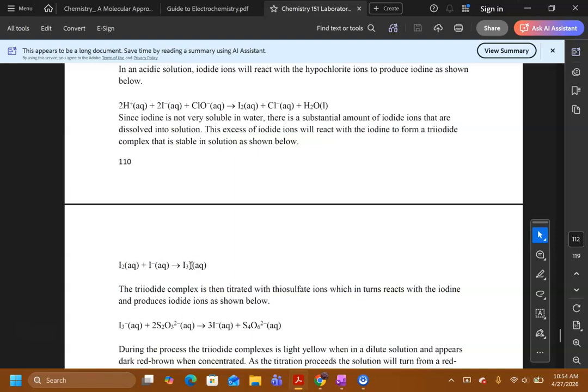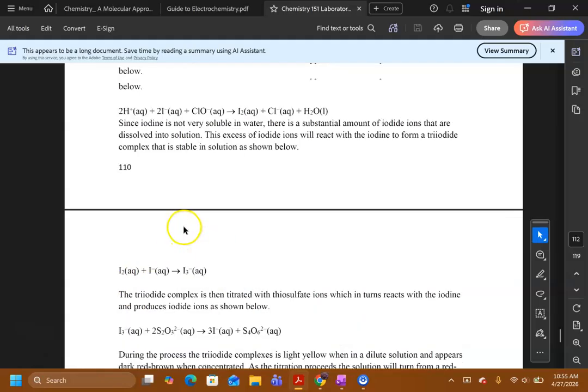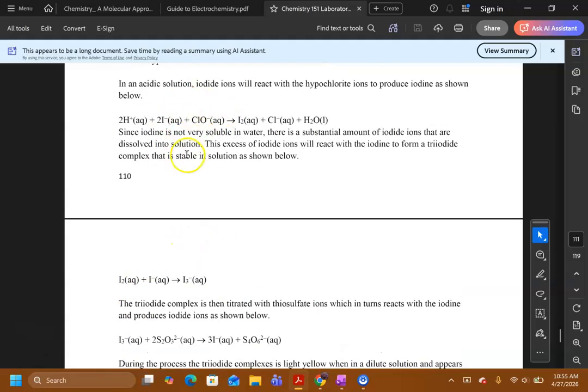It dissolves readily into solution, and then we take the thiosulfate and we titrate against that amount that's in the solution. And so this first series of reactions that we do are the foundation,